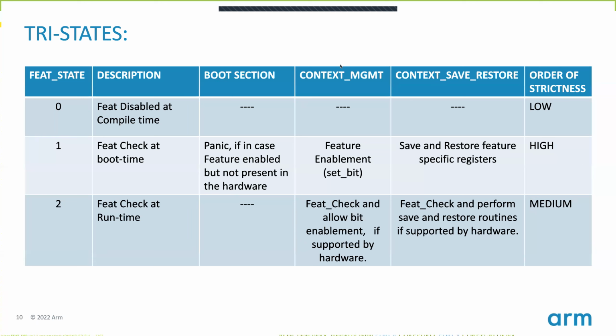So if you see altogether in general, the order of sequence is something like, when the feature is disabled, it's very low. When the feature state is set to 1, it's a